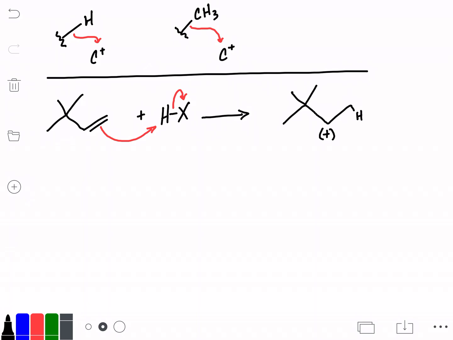This follows Markovnikov's rule just like we've seen before. However, we notice that one step away from that carbocation, which is right now a secondary carbocation, we have a methyl group. And so we can illustrate a methyl shift like this,